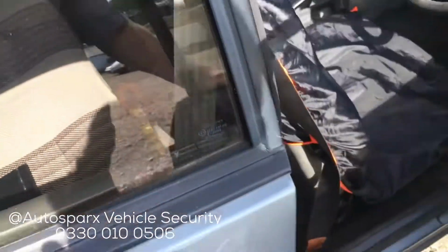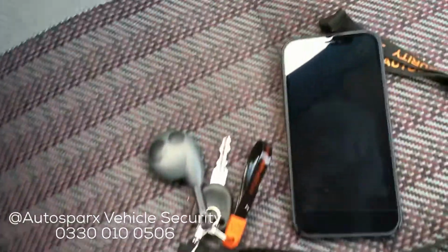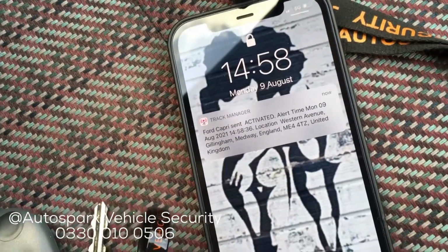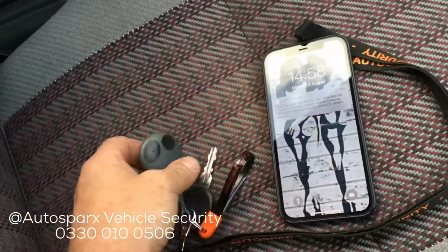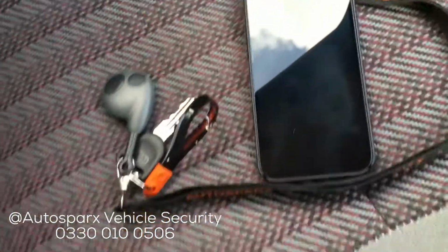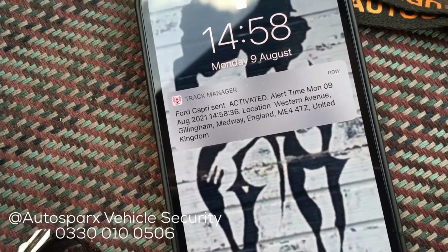So if we open the door and get in the vehicle, that's our alarm and immobiliser triggering. There's your text message, which comes straight through on your phone. Your push notification tells you where the vehicle is. We just silence it and then disarm. There we go. So yeah, it tells you where the vehicle is, tells you the alarm's activated, the time, the